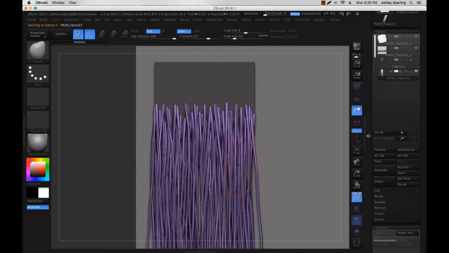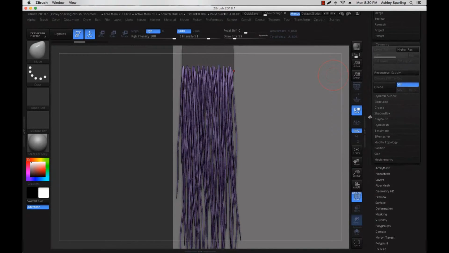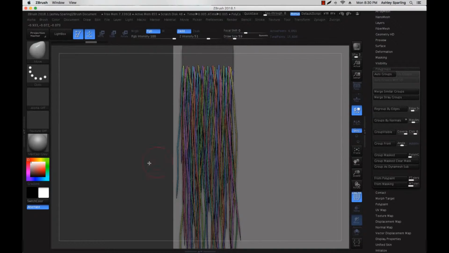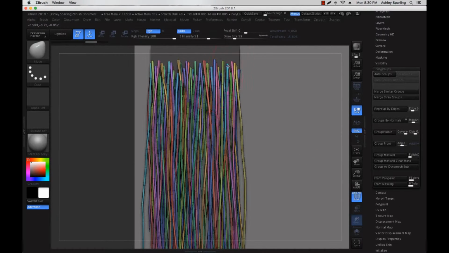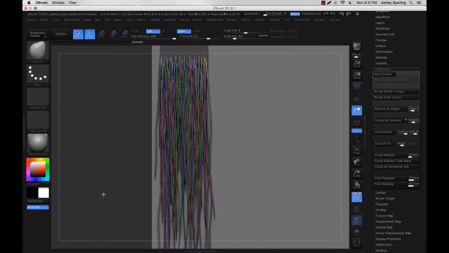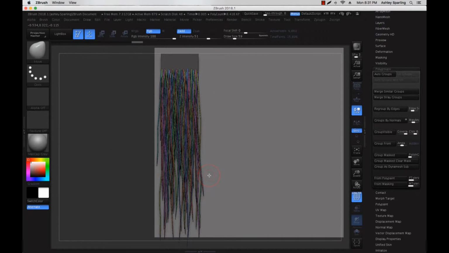Okay. So after we've done this, what I like to do is come over to polygroups and do an auto group. This basically lets us select individual hairs. Actually, what I would like to do is push W, and this gives us the gizmo tool,